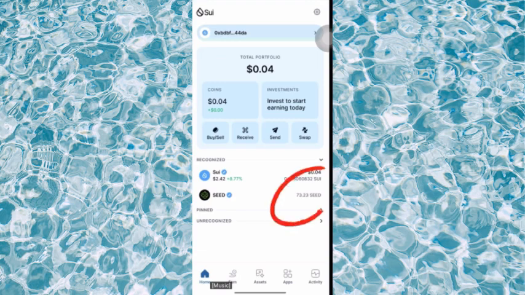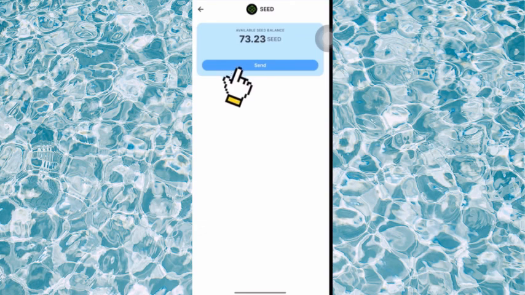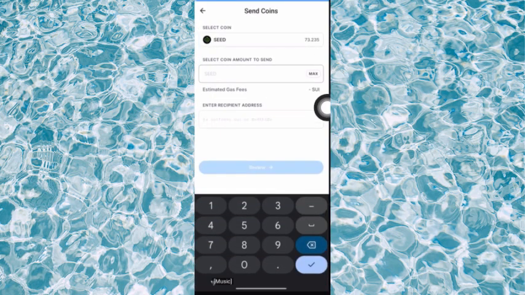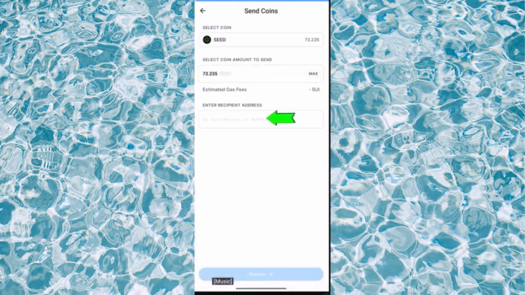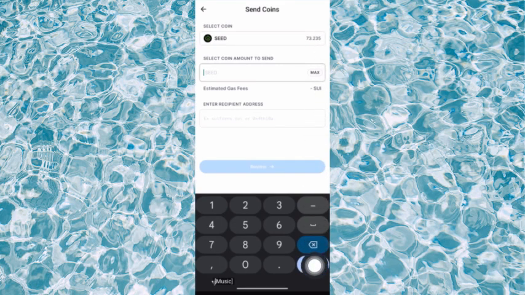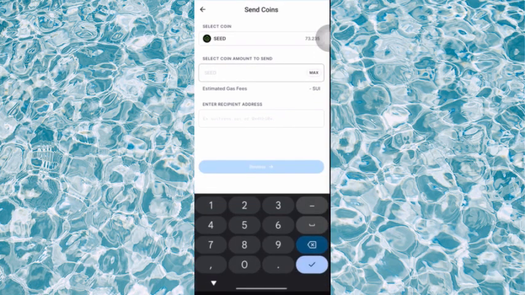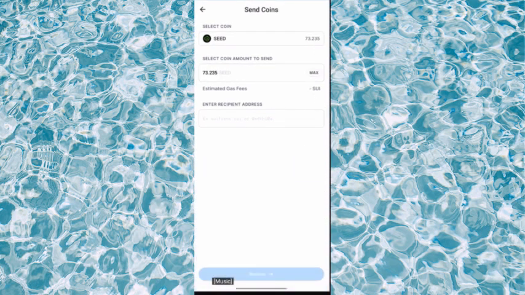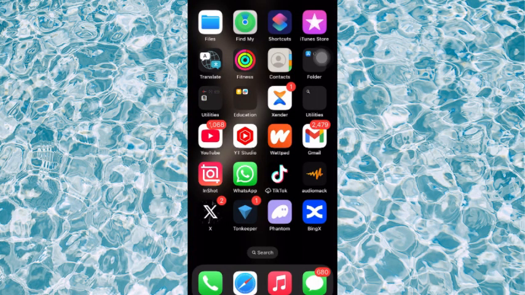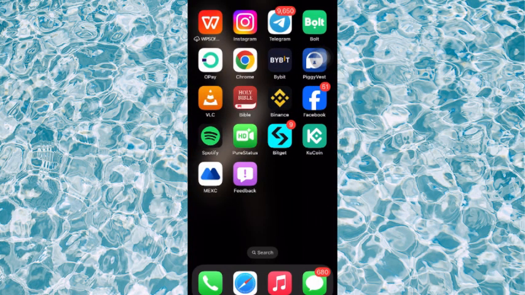Let's get started. Over to Sui, and you're going to see your SEED. Let me go over to SEED right now, and you're going to see Send. Let me go over to Send, and you're going to put the amount you want to send to your KuCoin. Let me put that right away. So what you have to do next is go over to your KuCoin to copy your deposit address,